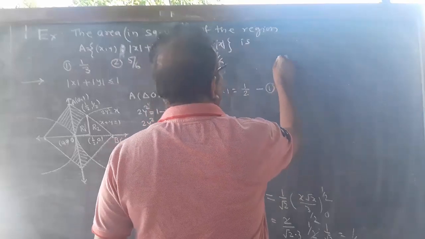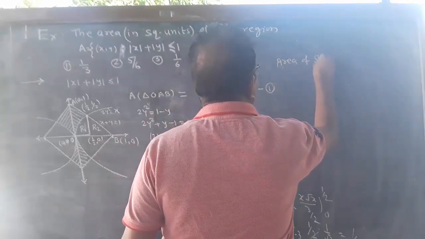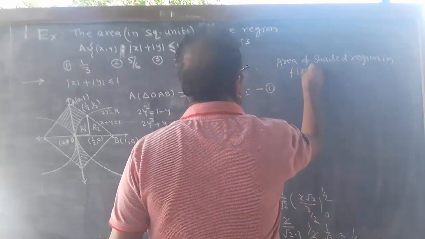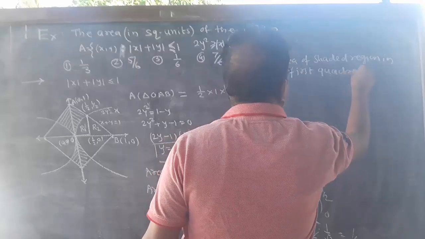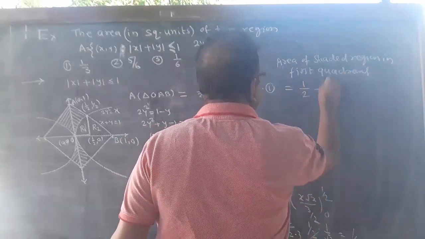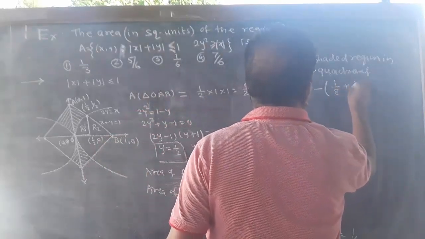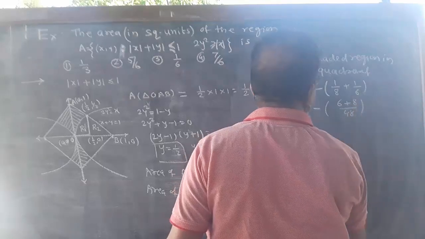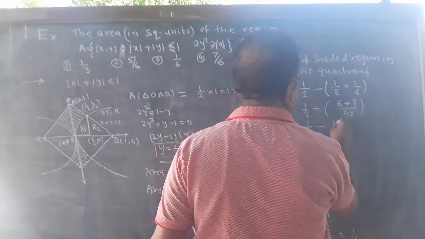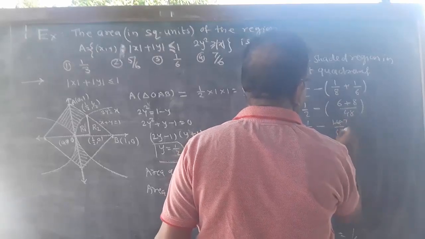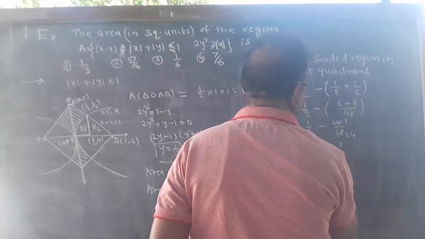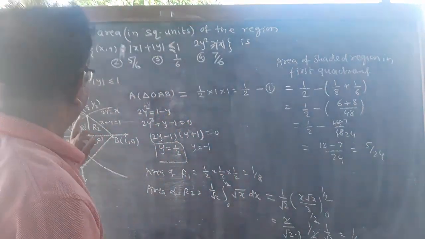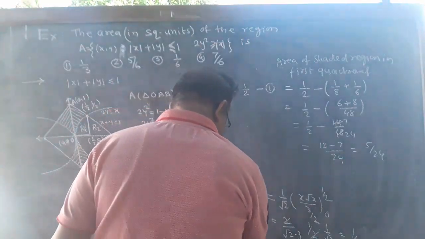Therefore, area of shaded region in first quadrant equal to 1 by 2 minus (1 by 8 plus 1 by 6), that is 1 by 2 minus (6 plus 8) by 48, that is 1 by 2 minus 14 by 48, 1 by 2 minus 7 by 24, 5 by 24. 5 by 24 square unit is the area of the shaded region in the first quadrant, and hence the required area